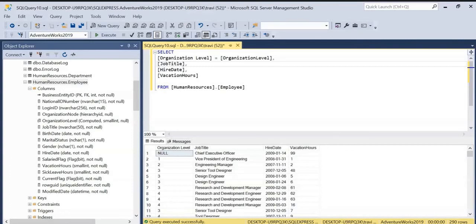So up next, we're going to start talking about not just pulling data as it exists in the database, but creating new data that will appear in our select query output. So I'll see you